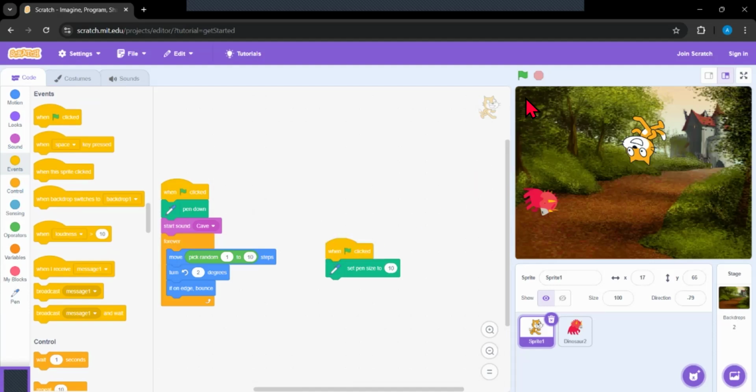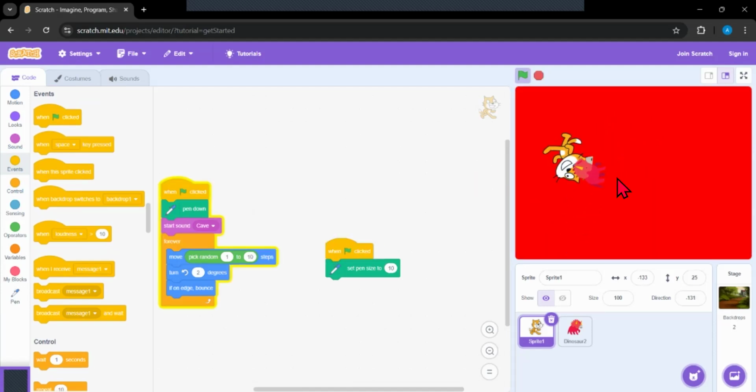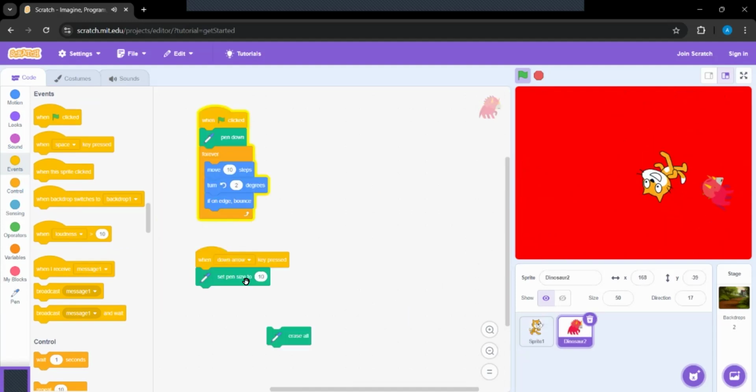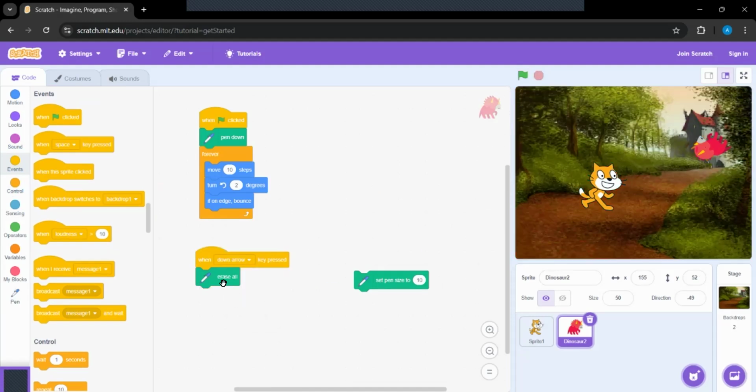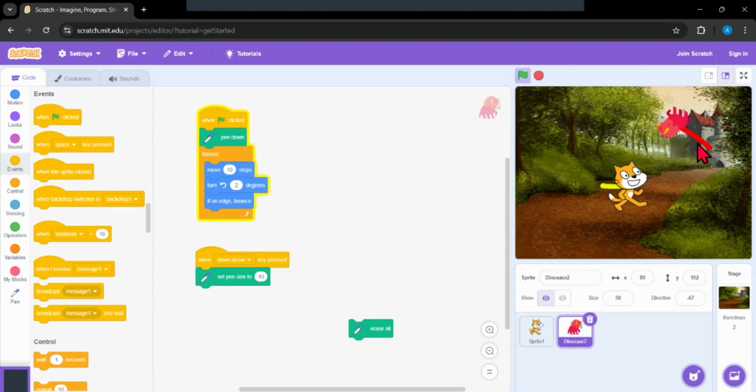So now, when we click the green flag, it's still there. But when we click it, the cat's pen size is 10. But since we haven't clicked the down arrow, we can't really know the dinosaur. So if we stop them again, take this out, and then erase all, and then set the pen size, click down arrow again. Now,